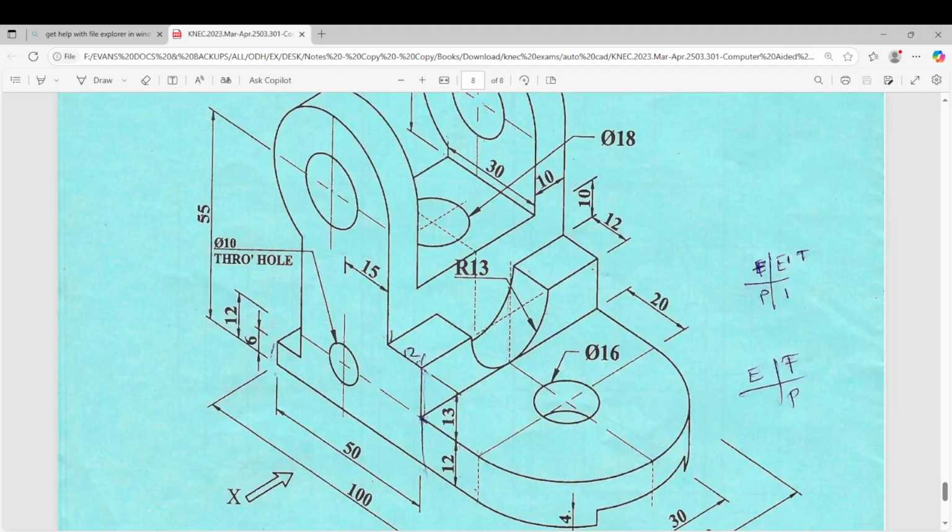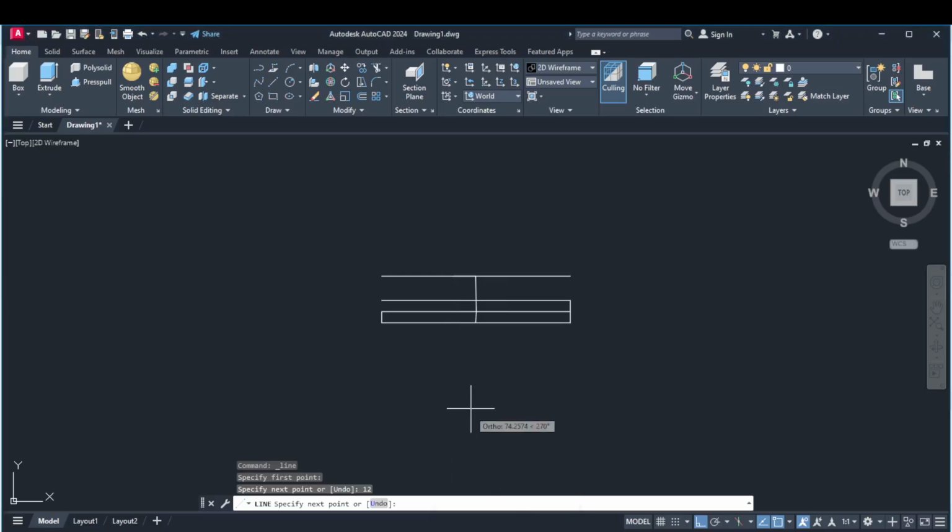So we need to move it at a distance of 30, so 30,